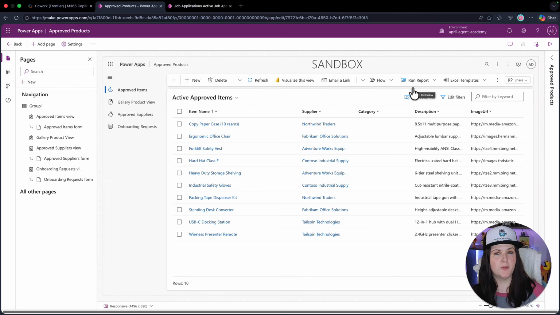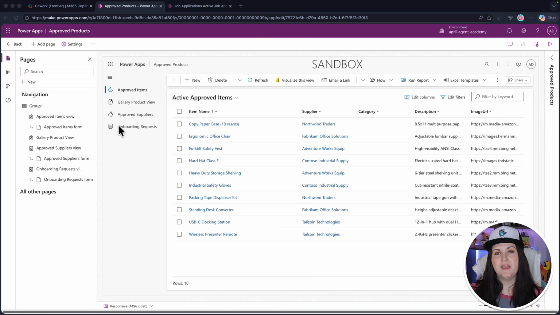First thing to note before we dive into how this works, this is a public preview feature right now, and you will need a Power Apps Premium and a Microsoft 365 Copilot license for this to work. And the cool thing is with this, it works on pretty much any model-driven app that you have. So you don't have to create anything new from scratch, and you don't have to modify what you already have